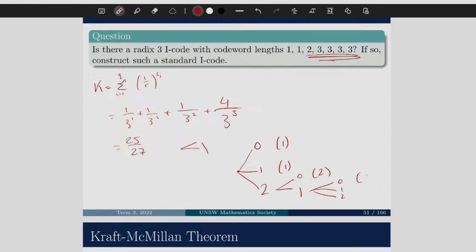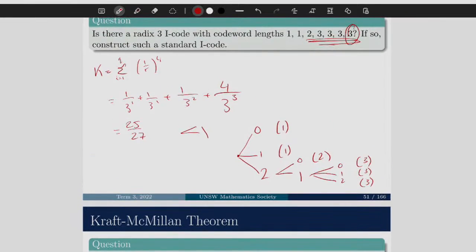0, 1, and 2. And then these are going to be 3 ones where I just have length 3, because that's 2, 1, 0, 2, 1, 1, 2, 1, 2. And then, funnily enough, I still have one more to do, code word length 3. I can't add anything else to this branch, so I need to create a new one with 2. But because I don't stop there, I have to find length 3, then I just add like 0, right?